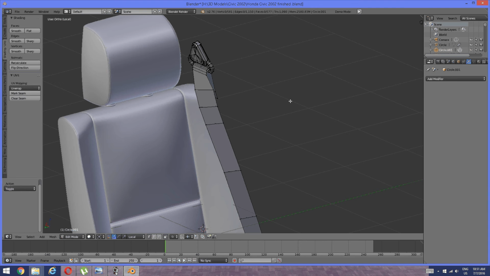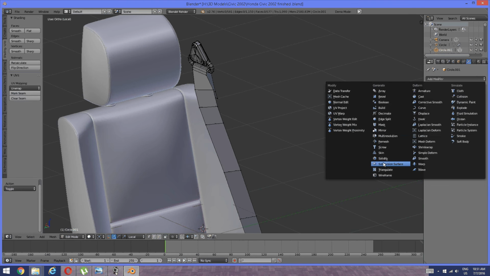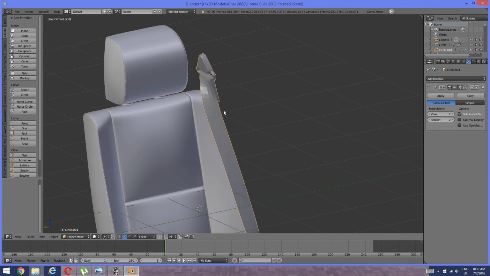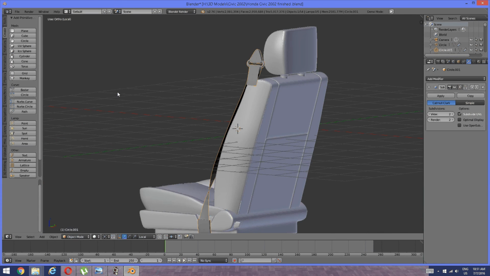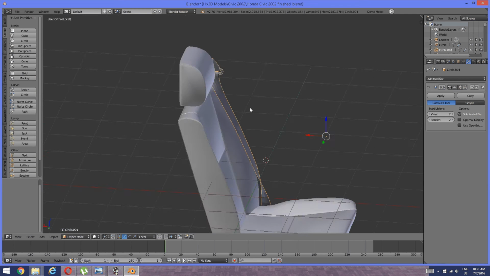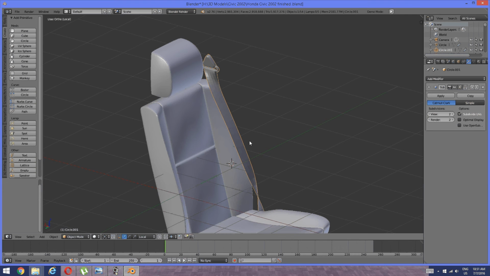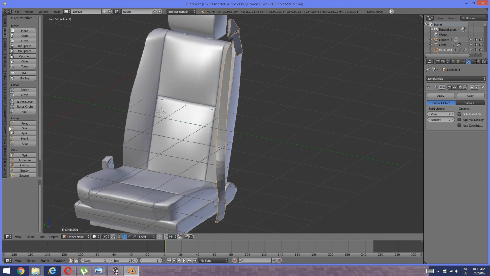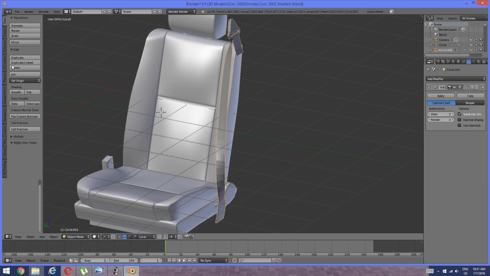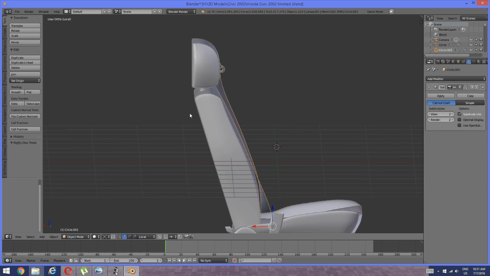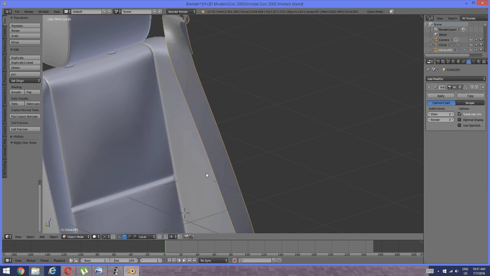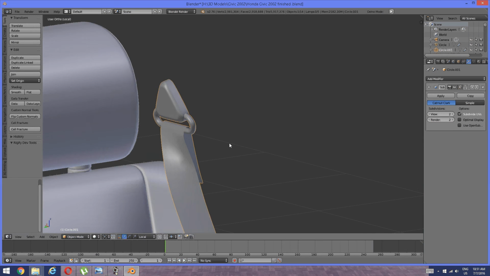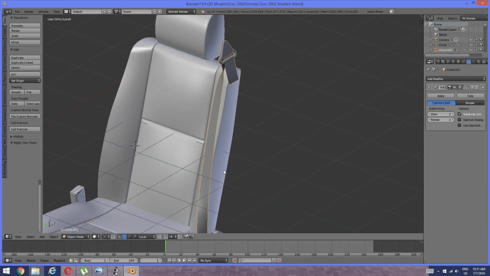So now I'm just going to go into here, subsurface, like that, where that is kind of touching right there. And that's kind of the seatbelt right there. And I'm just going to go into here and just go smooth right there. So now the only thing we had to kind of do in here is pretty much doing the actual seatbelt